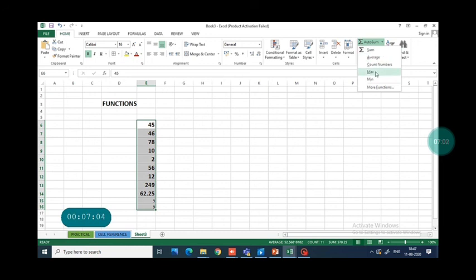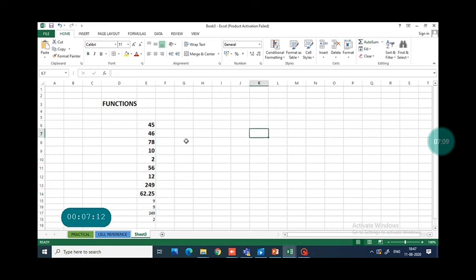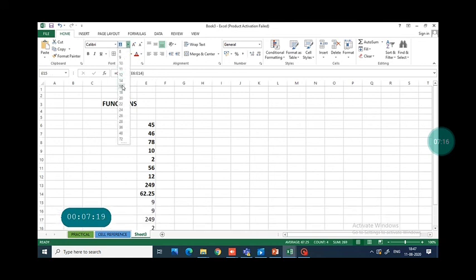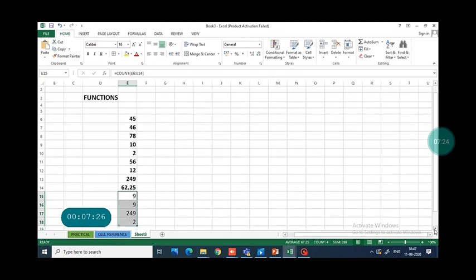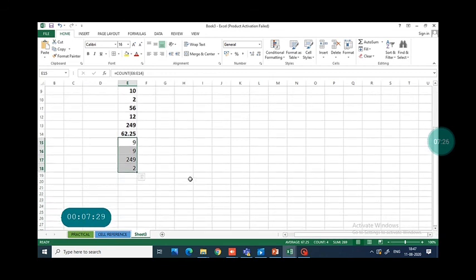In the same way, you can find out the maximum number. What is the use of the maximum function? This displays the maximum value in the given range. In the same way, you can use the minimum function. This displays the minimum value in the given range. This is the use of functions. No need to write down the formula. These are predefined formulas. So in the next period, I will explain